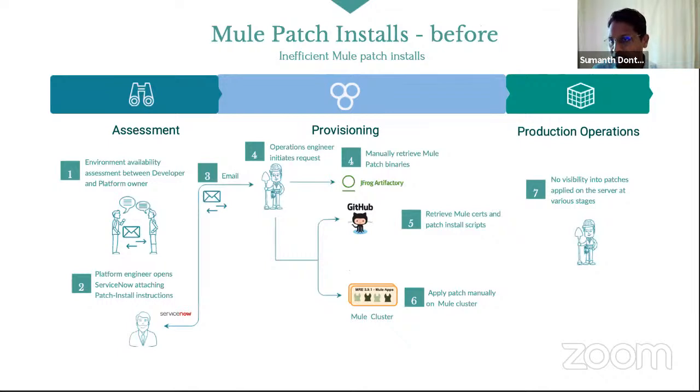The second use case is patch installs. Again, patch installs, whatever I stated earlier. It could be wrapper config changes. It could be security patches, Mule patches, Log4j XMLs, any patch, as long as it can run a script, right? All you're essentially doing is logging onto the box, stopping the server, doing an action, and that action could be anything. It could be a script. And then you start the server.